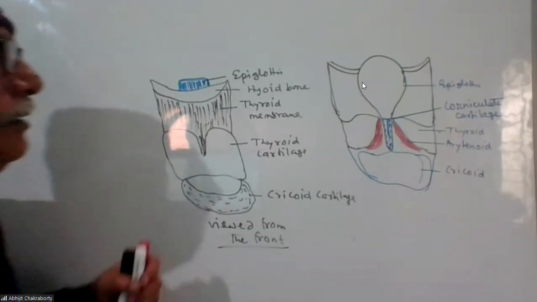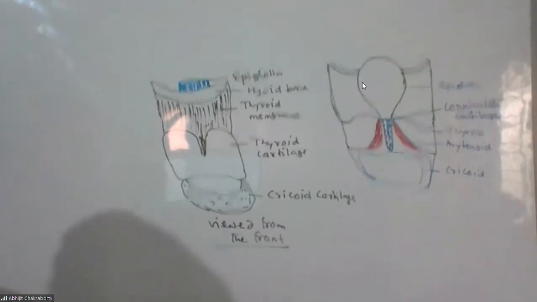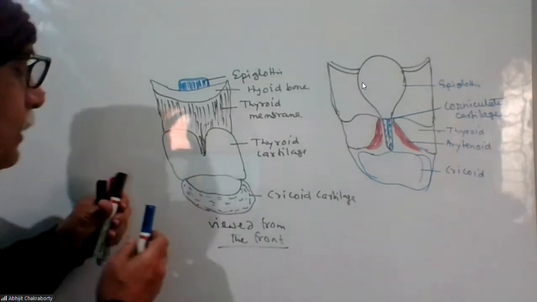Now coming to the, so this is about the larynx. Now you want another diagram, I could show you the vocal cord. How can I show the vocal cord here? If I go to another diagram,